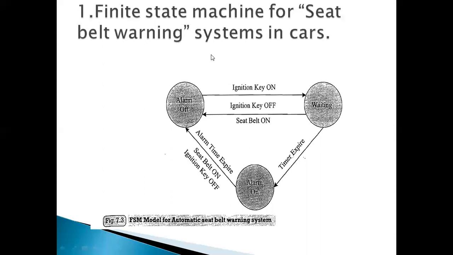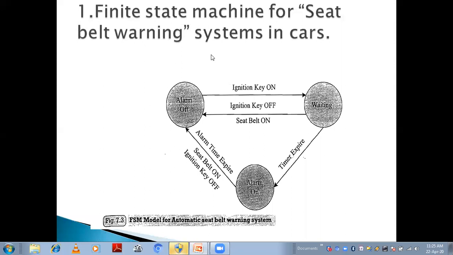For that, the embedded system used in cars is going to follow the finite state machine model. This finite state machine looks like this. Initially the alarm is off. It has three states: alarm off, waiting and alarm on.